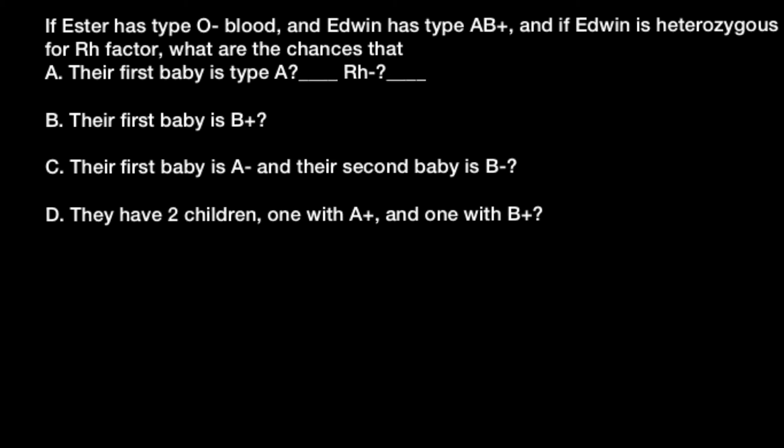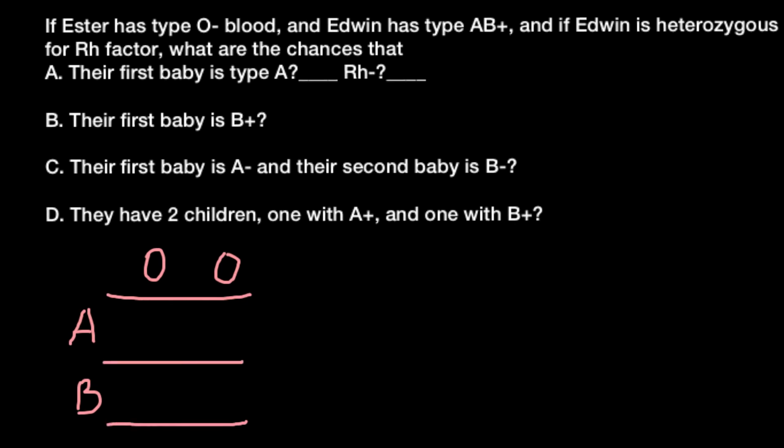We know that the mother has blood type O, and that means her genotype would be OO, because blood group O is made by only one genotype. We know that the father is blood group AB, which is also made by only one genotype, AB. So now we can solve this problem by building a Punnett square,